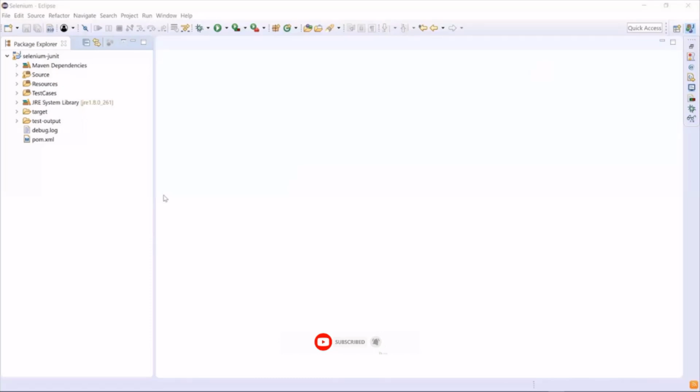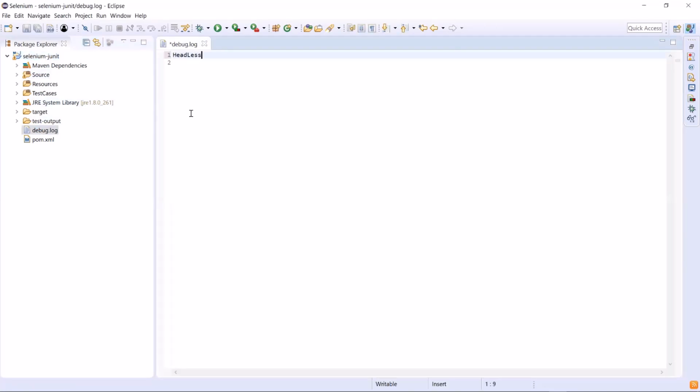Today we are going to discuss headless execution and see how we can execute our script on a headless browser. So what is a headless browser? A headless browser is basically a web browser without a graphical user interface. They provide automated control of web pages similar to other real web browsers, but they are executed through a command line interface. And when we run our automation scripts on those headless browsers without showing the browser UI, we call it headless testing.